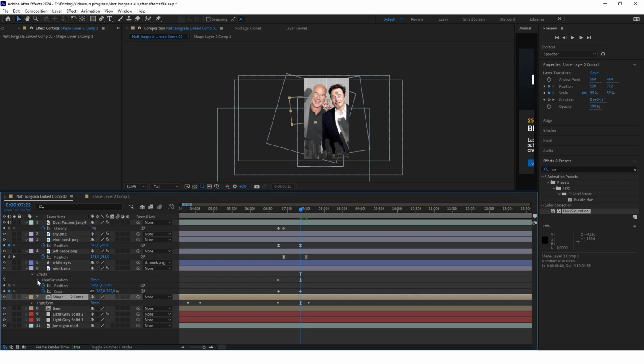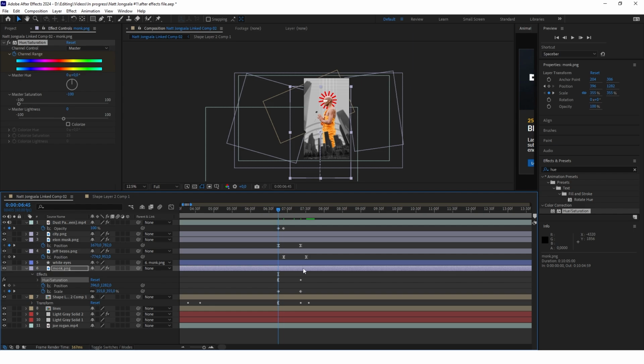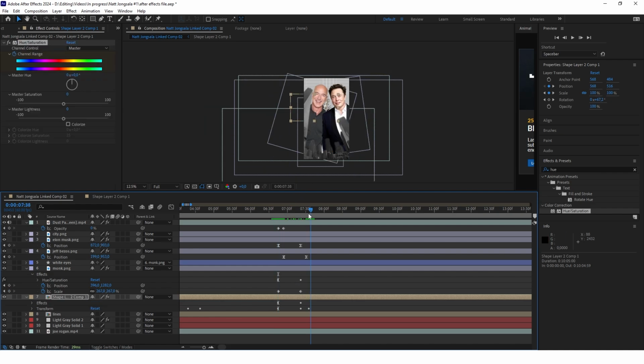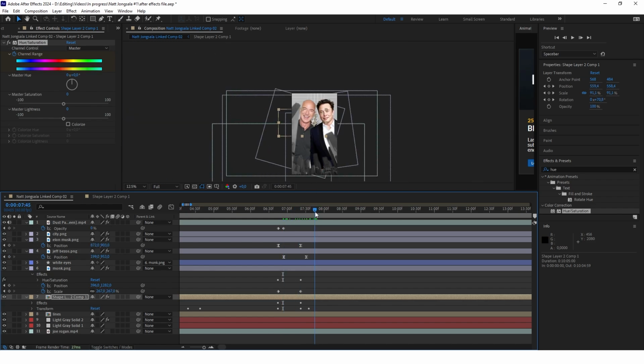And now only copy this effect, Hue and Saturation effect, go to the first keyframe when the saturation starts decreasing and select this shape behind his head and paste this effect here. Yeah, now as you can see, it is working also on this shape. So the monk is done, and now the only thing that is remaining in this animation is to color both the Elon and Jeff Bezos in my case.